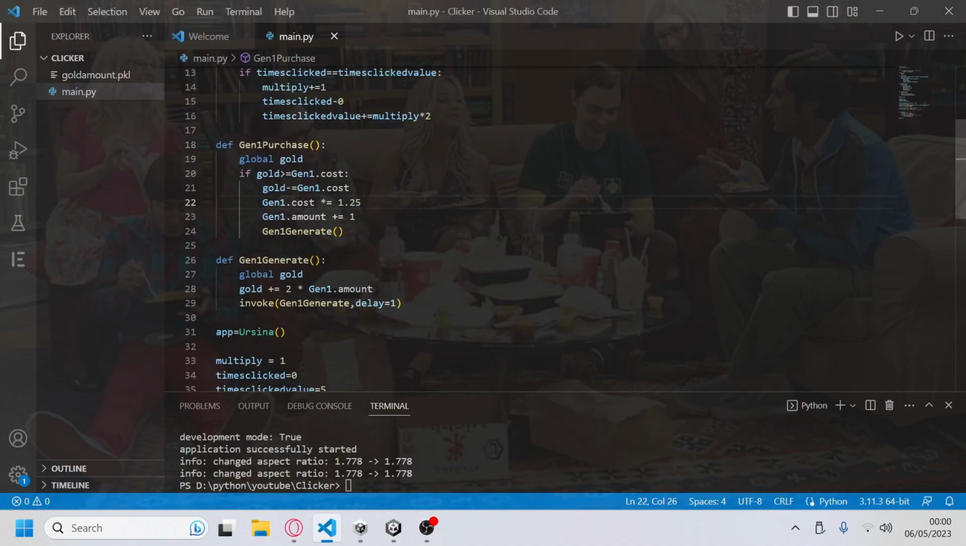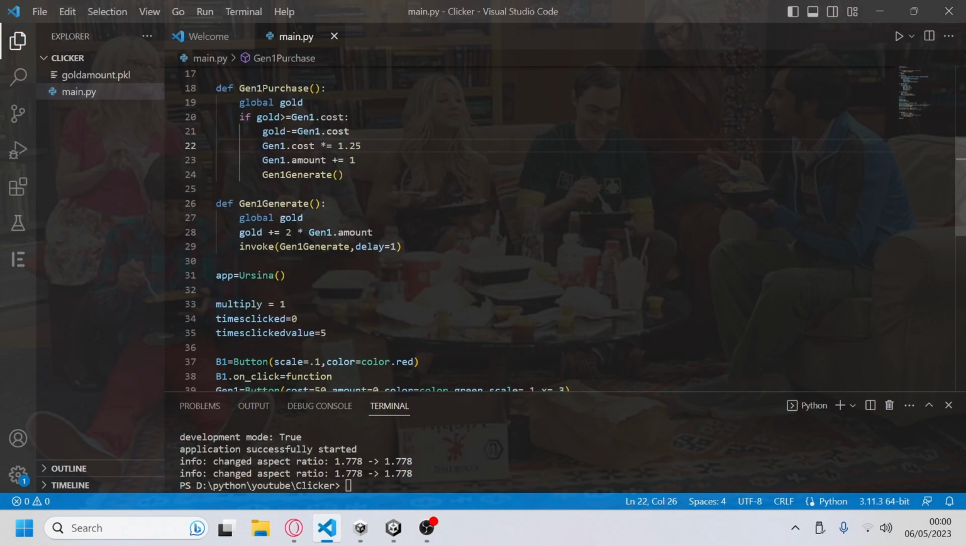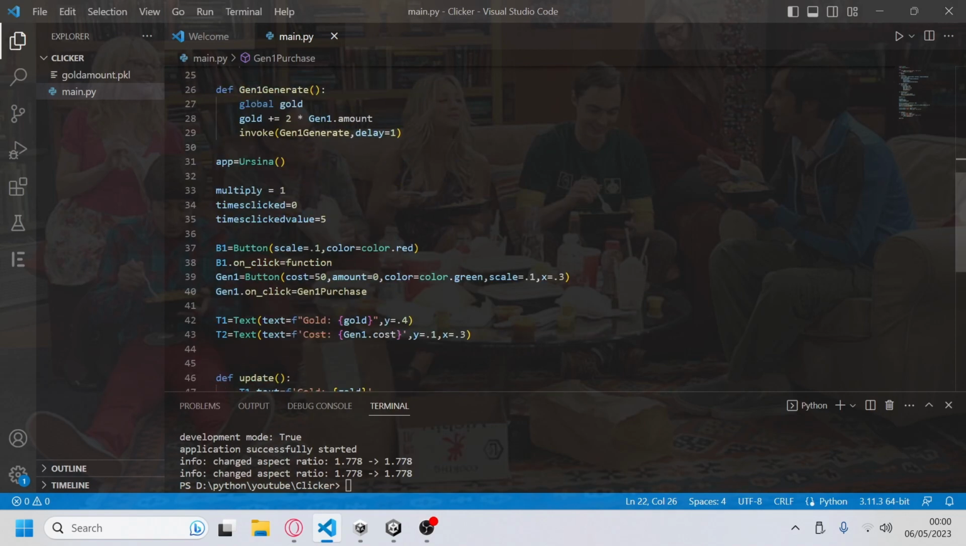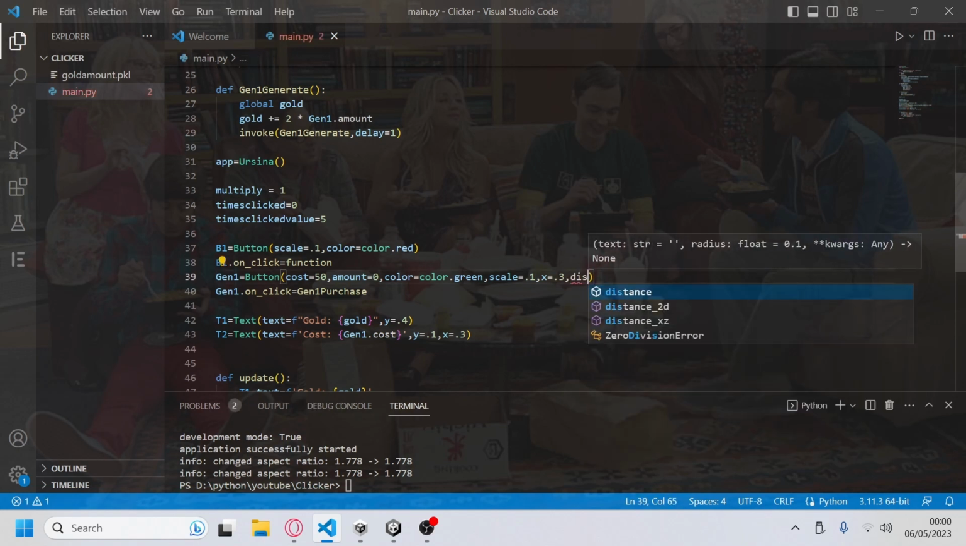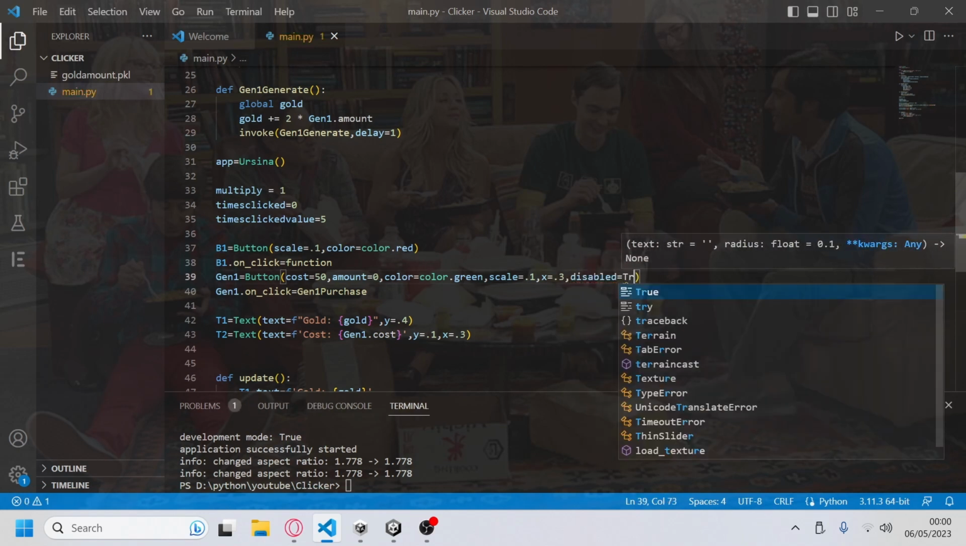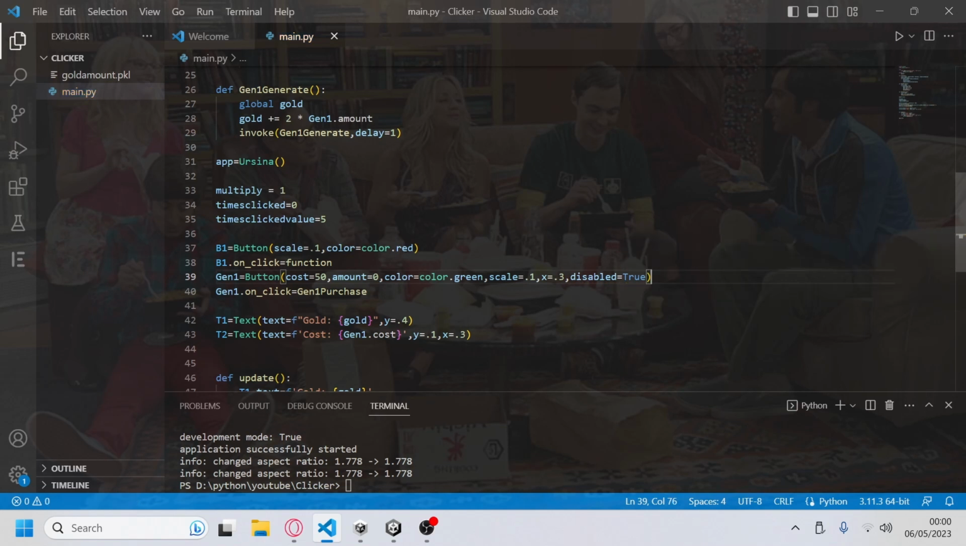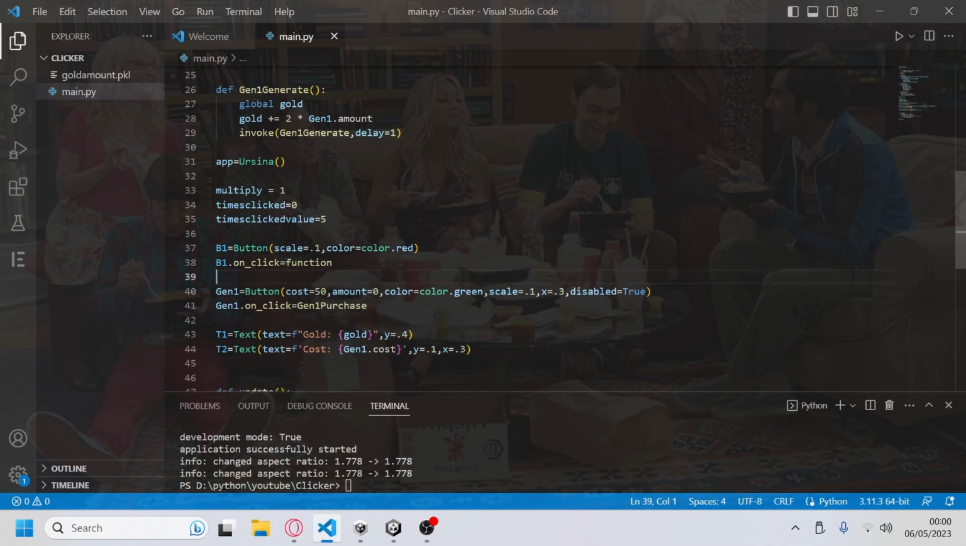Right, so let's do the shop. Like I just said, we can go into the button and say disabled equals true, so it doesn't show by default. And then we can create a shop button. So put it up here. Shop equals button. Set the scale to 0.1 and set the